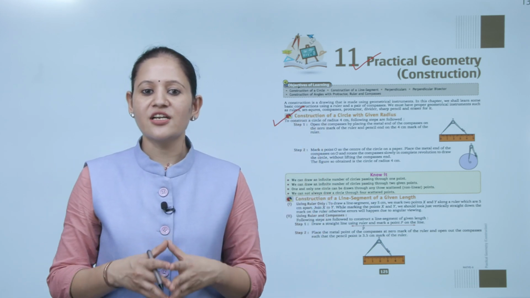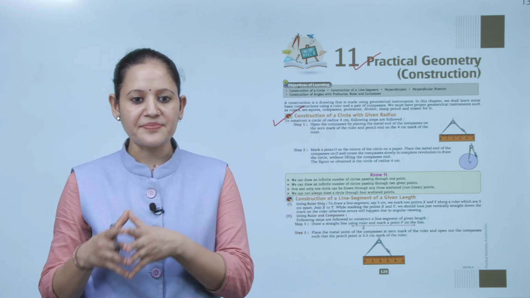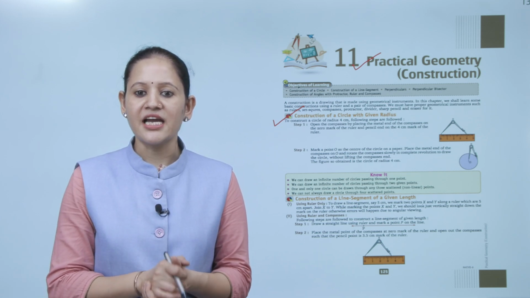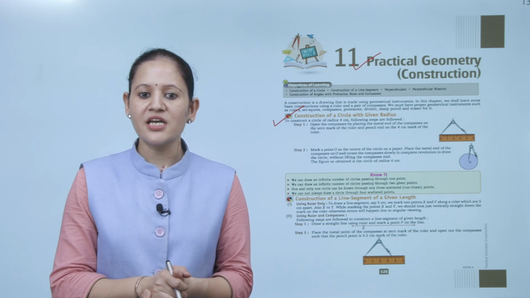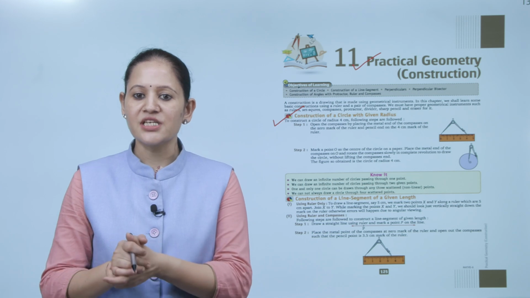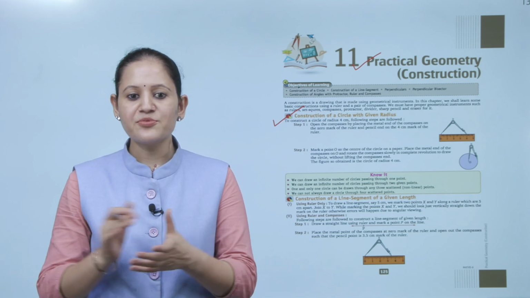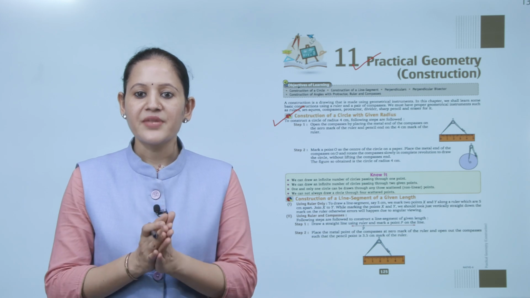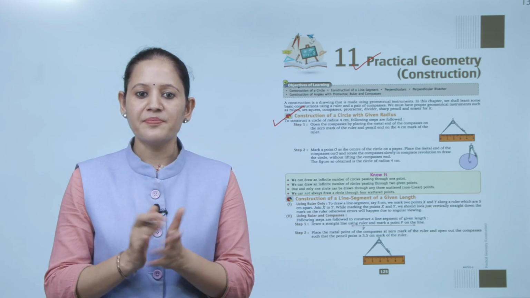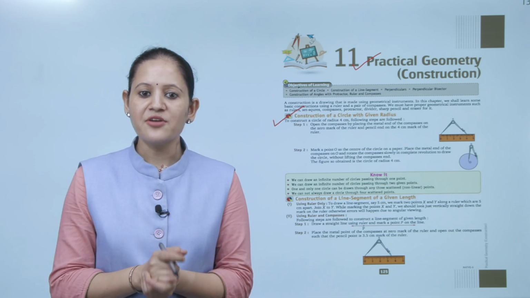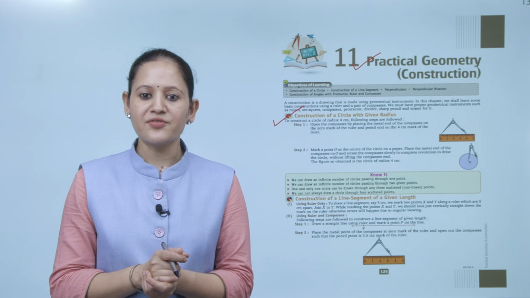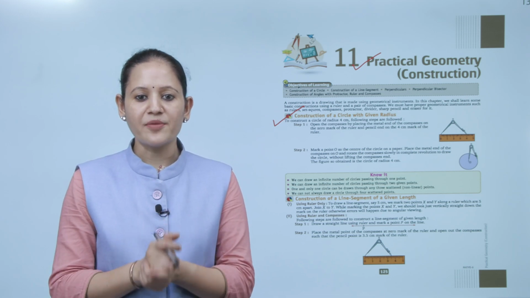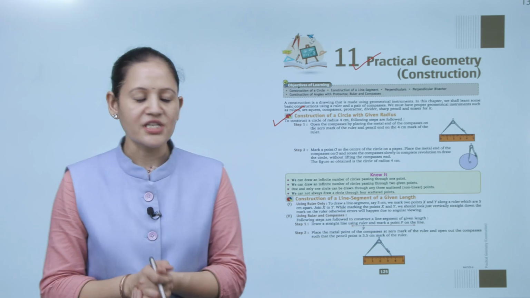To construct a circle of a radius 4 cm, following steps are followed. Step 1. Open the compass by placing the metal end of the compass on the 0 mark of the ruler and the pencil end at 4 cm mark of the ruler. Step 2. Mark the point O as the center of the circle on the paper. Place the metal end of the compass on O and rotate the compass slowly to complete revolution to draw a circle without lifting the compass end. The figure so obtained is the circle of radius 4 cm.